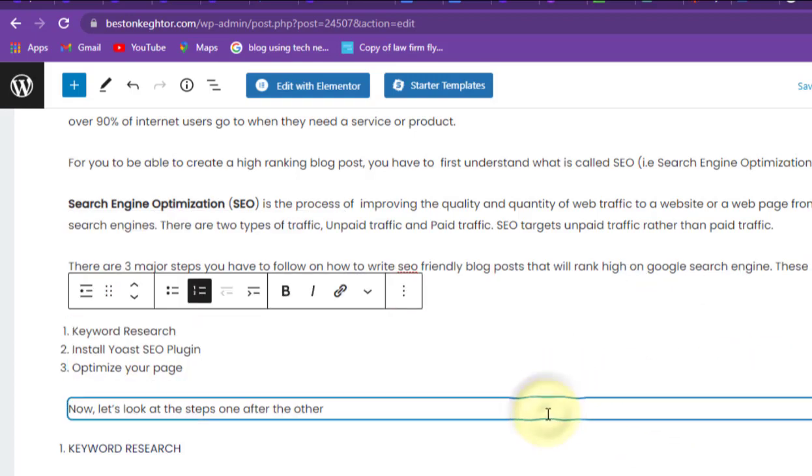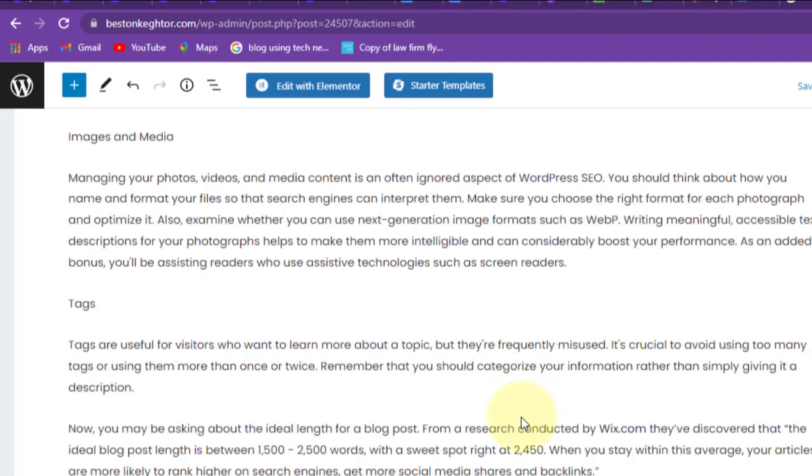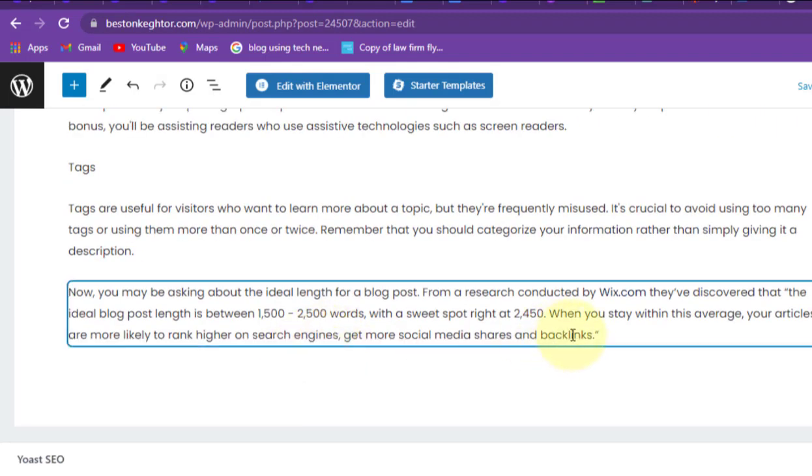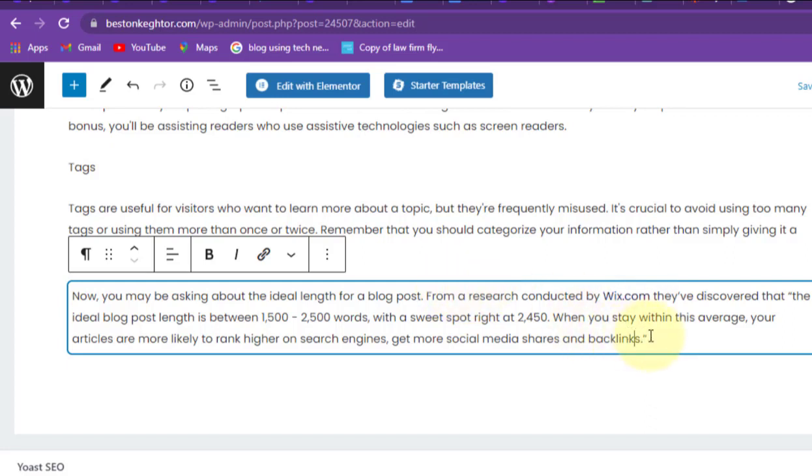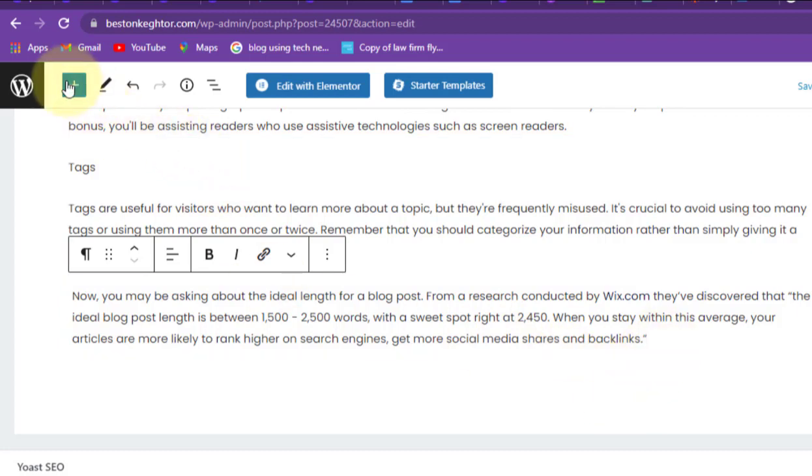So let's put another one, at least one. So if you have more time, you can put it, it can be more than three. Three is just the minimum. So now let's add another